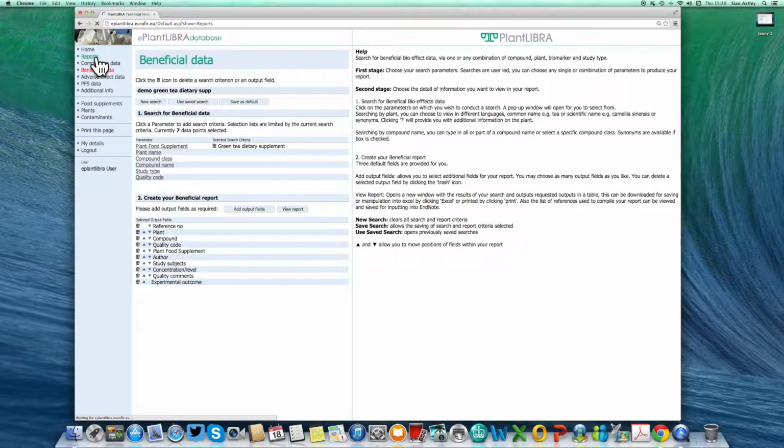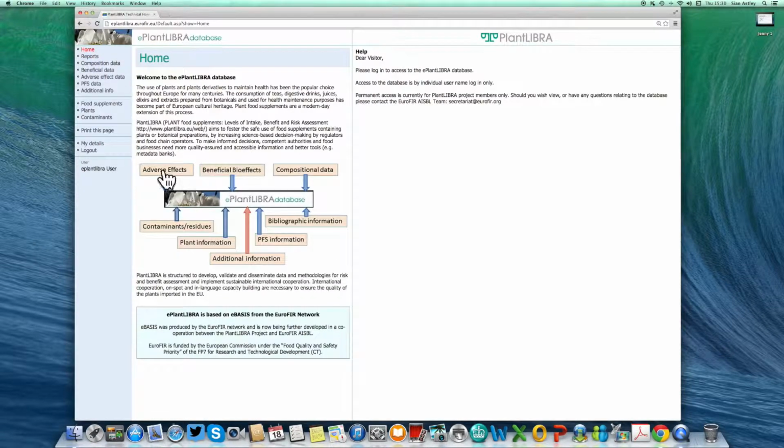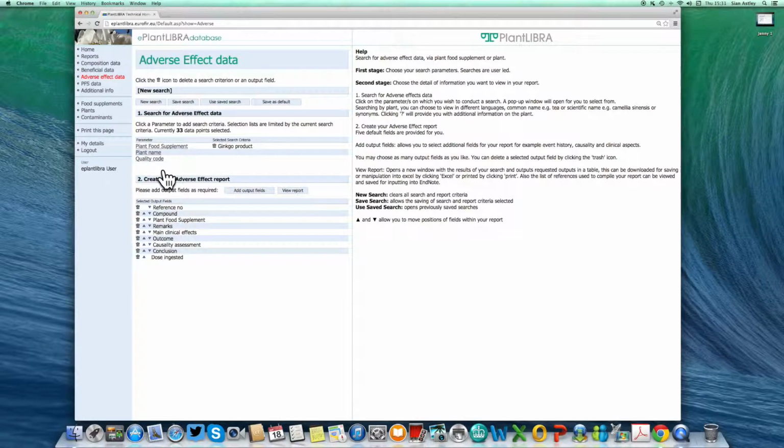Moving on to the final section of the database is the adverse effects. This is quality assessed data from case studies linked to adverse effects. In this case, I have chosen to search for adverse effects of ginkgo products, and we have 33 data points